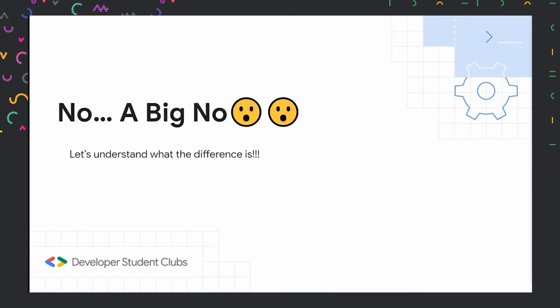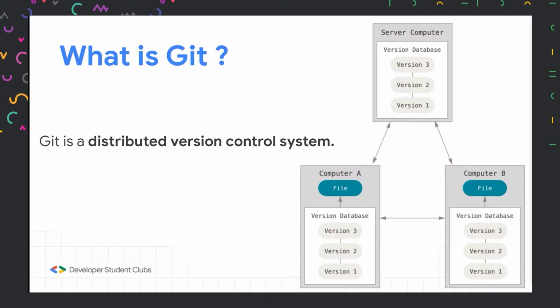So what is the difference between them? The difference is Git is a distributed version control system for tracking changes in your code during development, and it is designed for coordinating work among programmers, but it can be used to track changes in any set of files. Git is installed and maintained on your local system rather than your cloud.